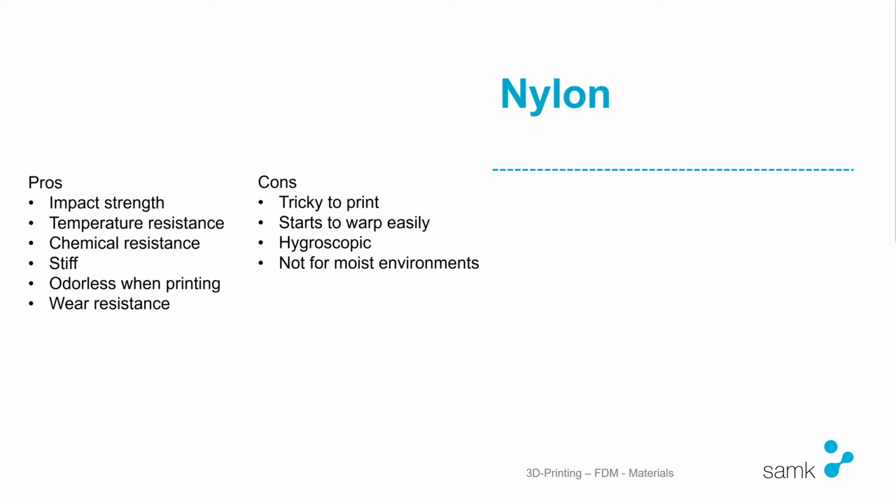What about the cons? It's very tricky to print. It starts warping easily, just like ABS. And one bad thing, it's hygroscopic. So you need to store it properly after printing or at the same time when you're printing. And it's not usable as a printing material for moist or humid environments, at least some of the nylons. There might be variations that are suitable, but some of them are not, because they will still keep on sucking